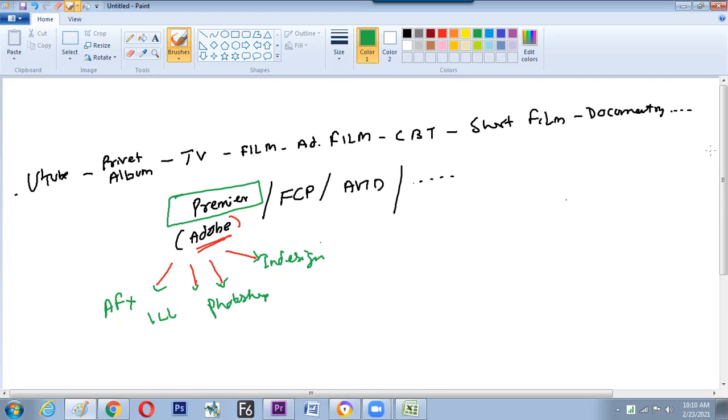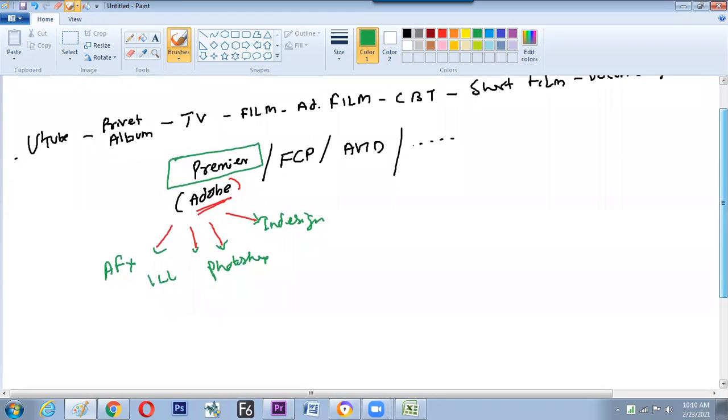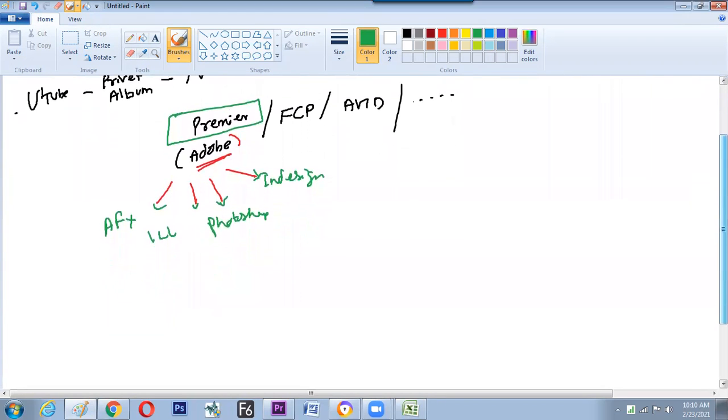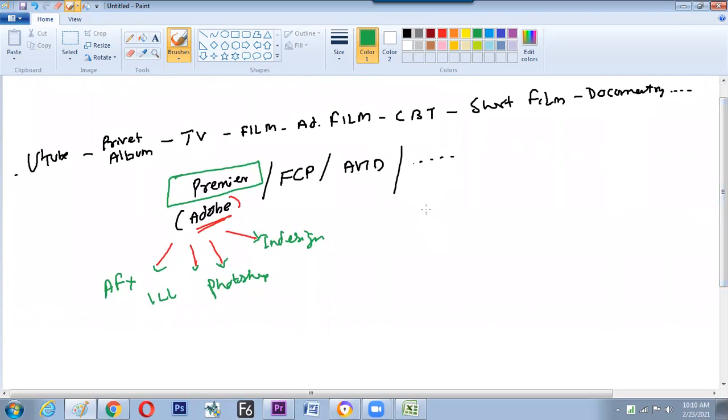Fine, then here we'll switch to the sizes now. If there are this many places where we can use Premiere, then their relevant sizes are different. So film works in a different size, television works in a different size, and computer based albums and documentaries all have their own file formats and sizes. So the first thing that comes is, what are the sizes to be used and why it is called